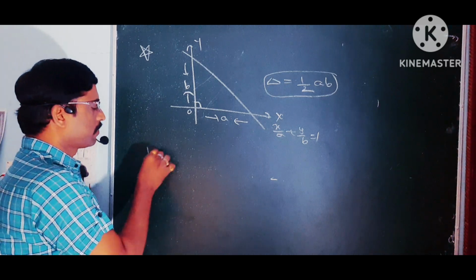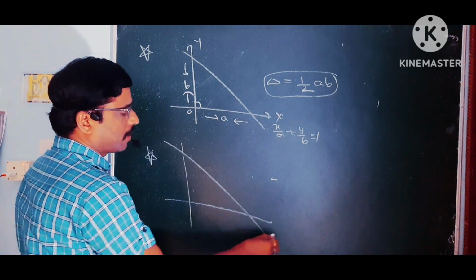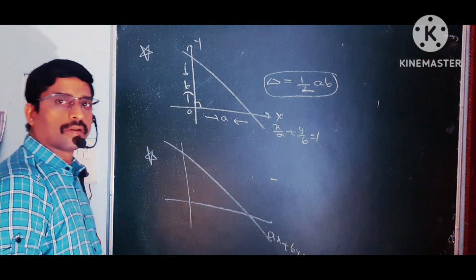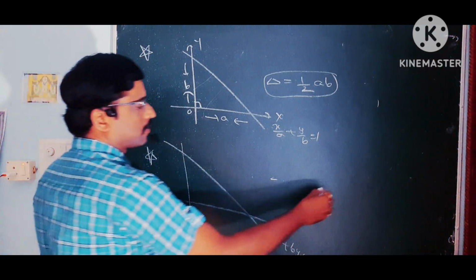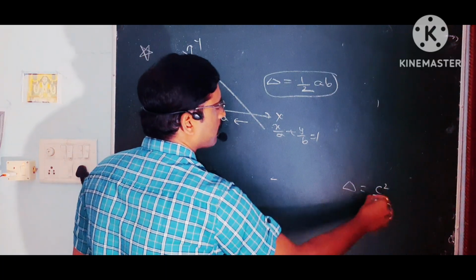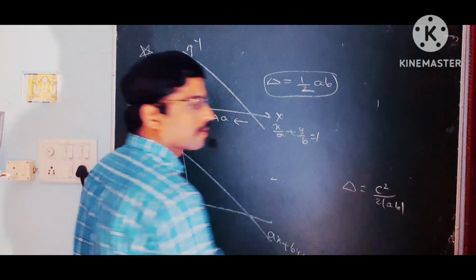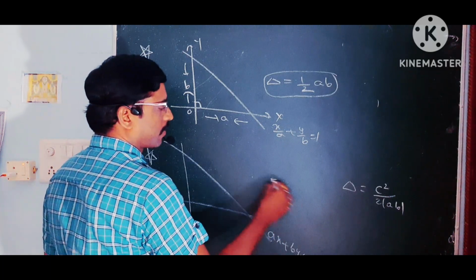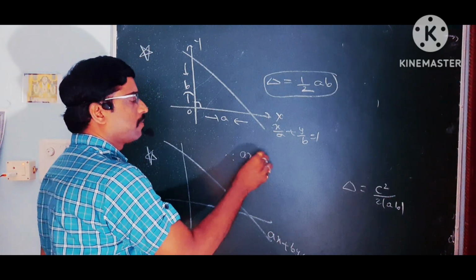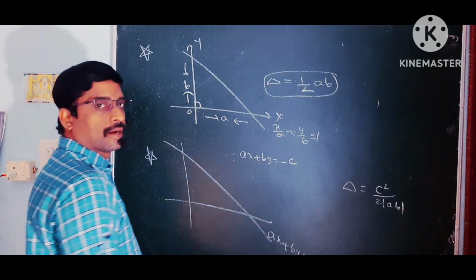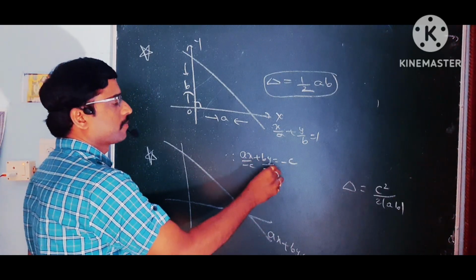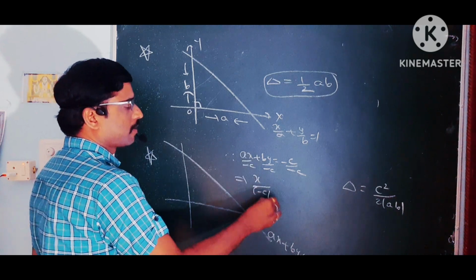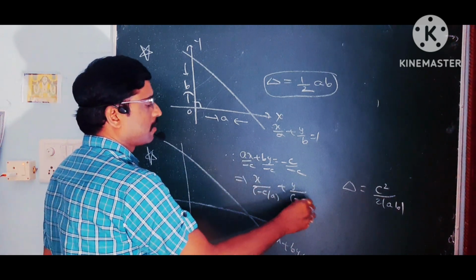Suppose this line is ax plus by plus c is equal to 0 given. Now area of the triangle. Area of the triangle is equal to c square by 2 mod AB. Okay, first this equation convert in intercept form. Ax plus by is equal to minus c. Divide minus c on both sides. So what we get here, x by minus c by a plus y by minus c by b is equal